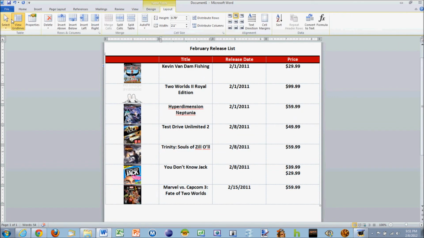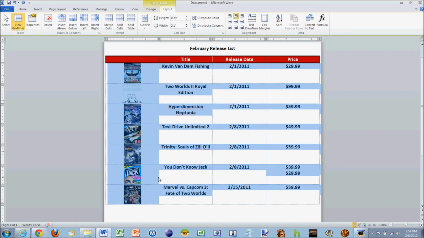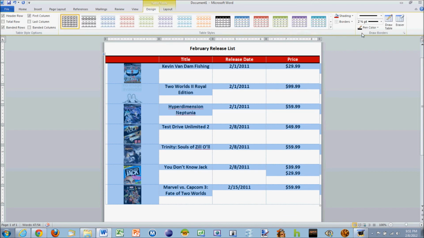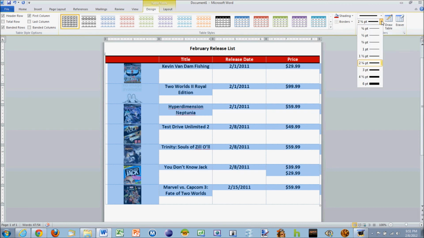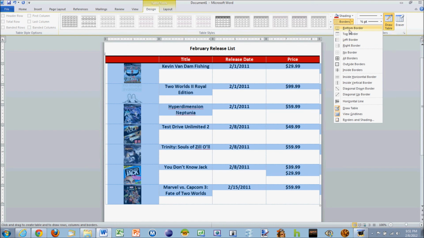If I turn off my grid lines, no more borders there. Okay, so back on with the grid lines, and we're going to make the left, right, and bottom borders 1/2 point black solid. So we can highlight all these rows again, and then go to the Design tab, make sure you're on your 1/2 point, and then turn on the bottom border, the left border,